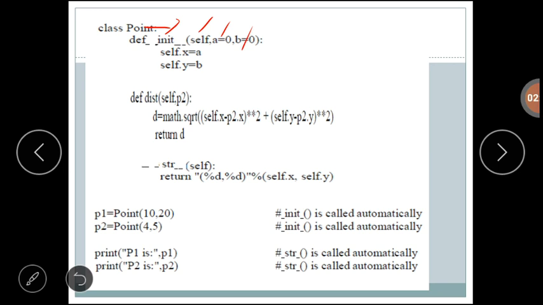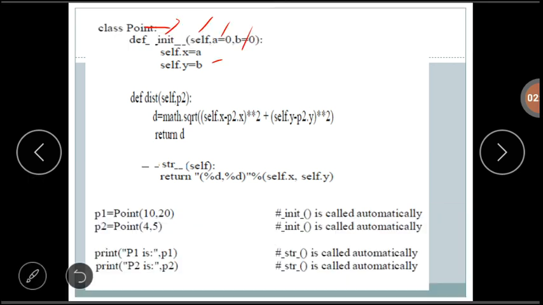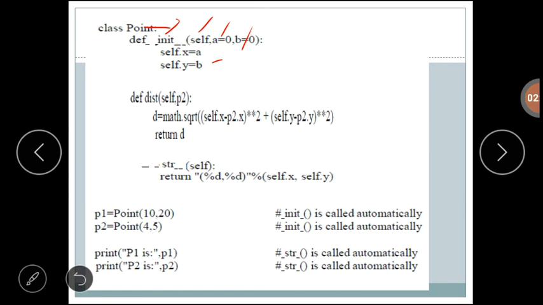Self dot x equal to a, and self dot y equal to b, indicates x and y are instance attributes. The value of x for the object P1 is 10. The value of y for the object P1 is 20.